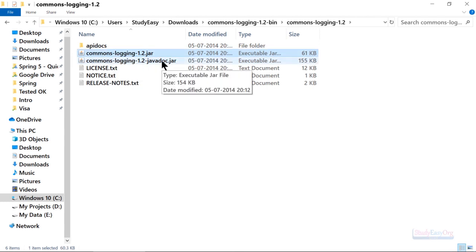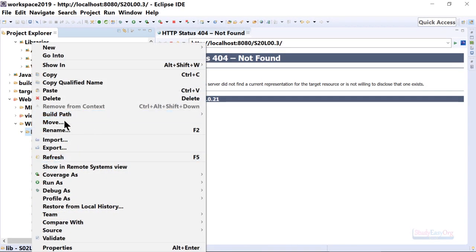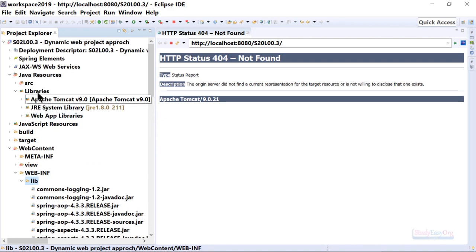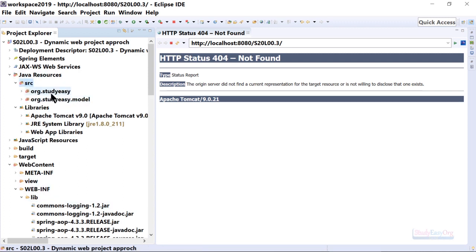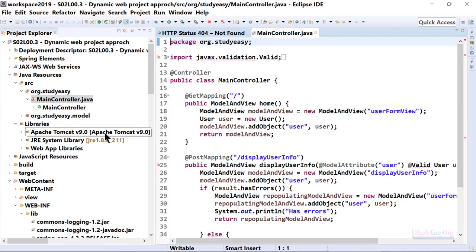Now Java doc is optional, but again let me add these two. Let me copy these and let me open up Eclipse and we will paste it here. Alright, so now we also have the Commons Logging. Now what next? Now in our previous lectures, let me show you. This is the exact project from our previous lecture. We were making use of something known as